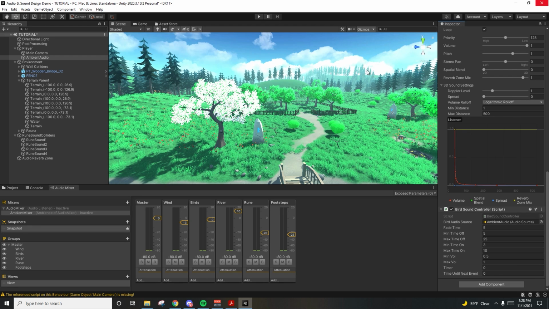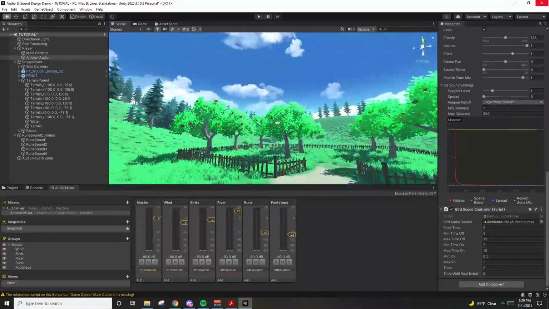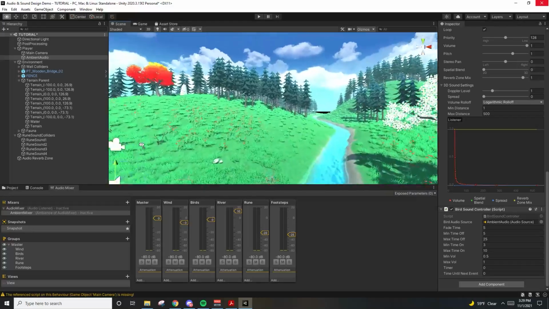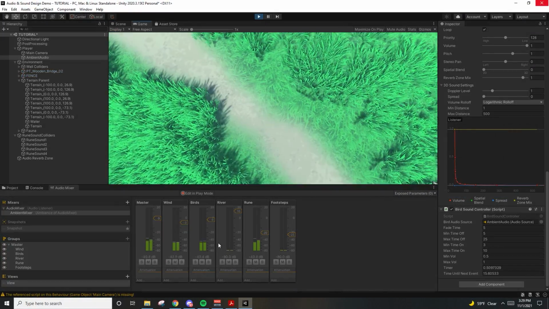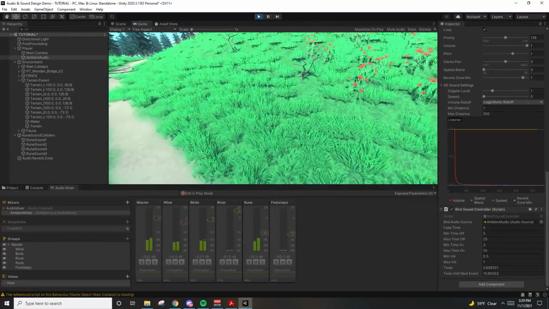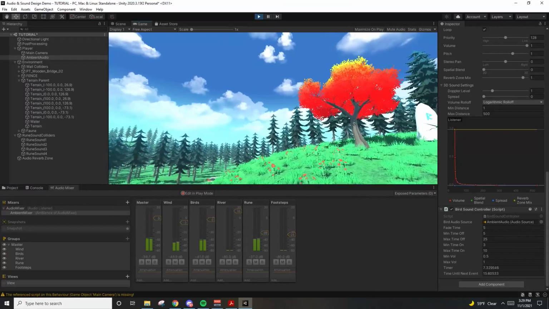Essentially what's going to happen is that in random intervals of time, we'll fade in the sound of the birds chirping and then fade them out after a certain duration. The time in which the bird sound plays is randomized such that it masks any predictable loop or pattern that the player can recognize. If we press play, we can look at the mixer here and see that the bird sound is currently playing. And if we wait for a bit,